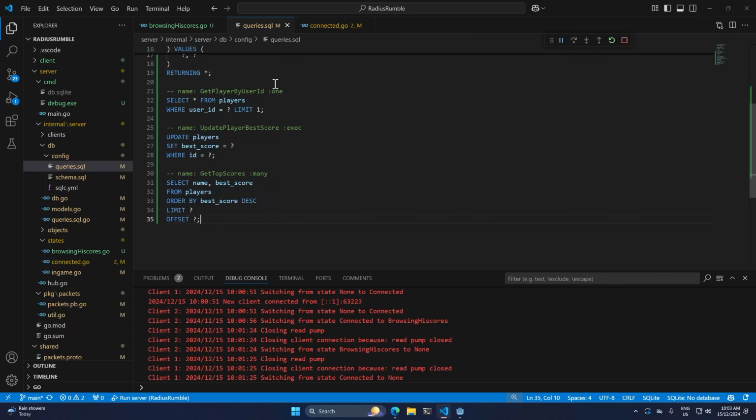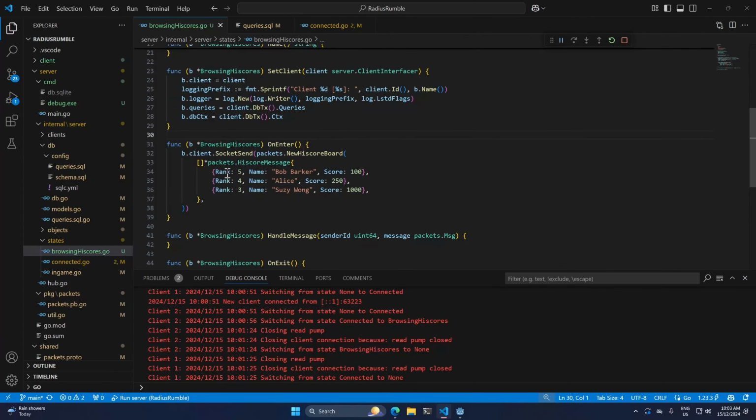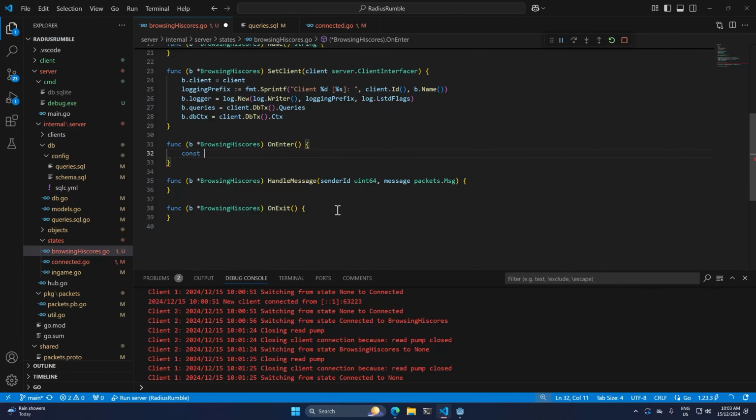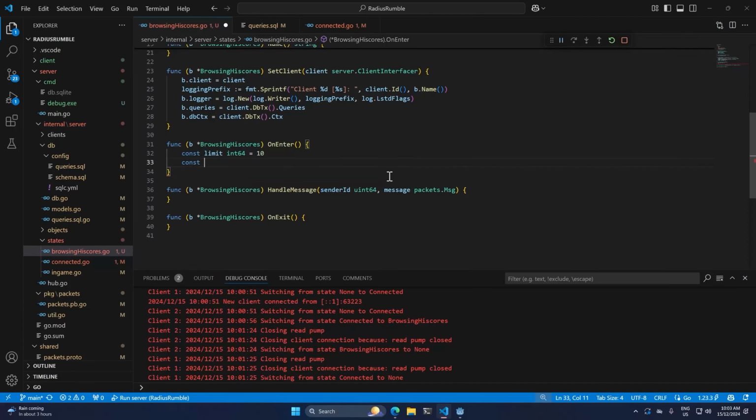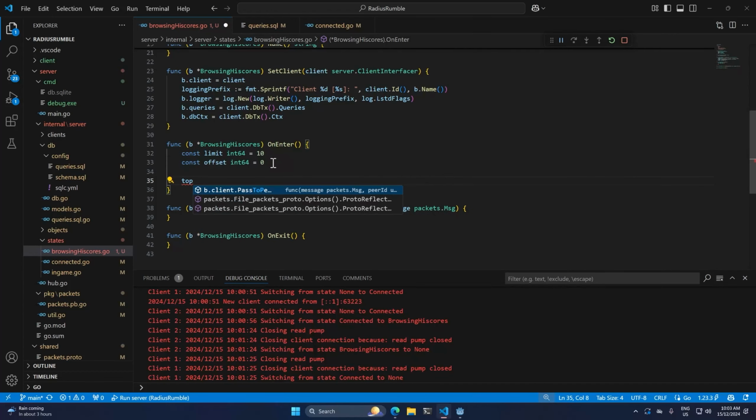So coming back to the browsing high scores state, we'll get rid of this code. We don't need that anymore. We're going to define a constant for the limit, and that's just going to be 10. And we'll just type it as an int64, since that'll be compatible with our query. And offset is also going to be 0. So by default, we're just going to return the top 10 players starting from the first. So top scores is going to be